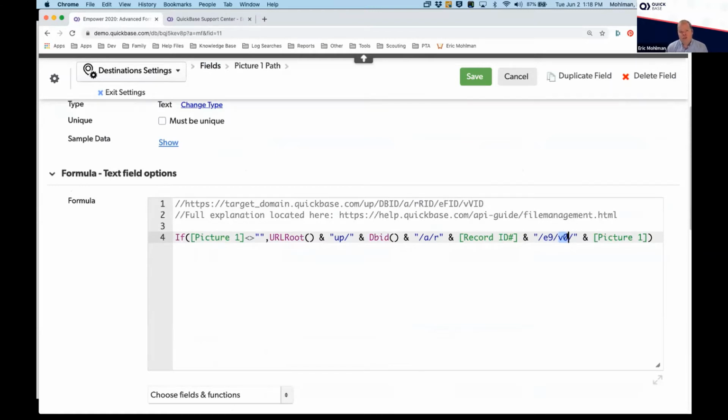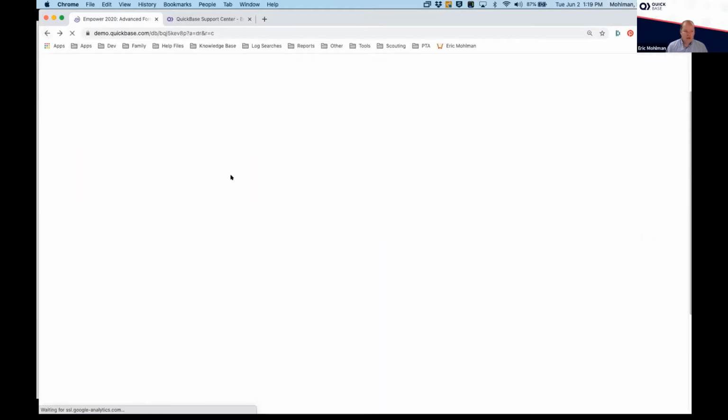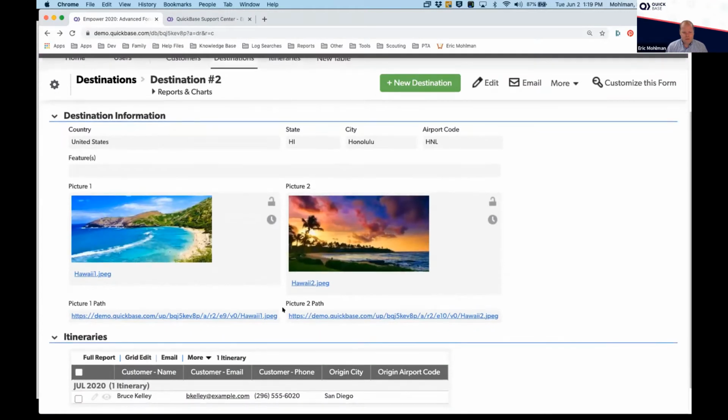So each file attachment field by default has 3 revisions that it can contain. You can extend that if you need more, but knowing that we could have potential multiple versions, we want to use this V0, which just indicates go and grab whatever the latest revision is. And then at the end, I'm putting on what the picture itself is. So as we take a look back at this, this is the specific file path out to our file attachment on that server,